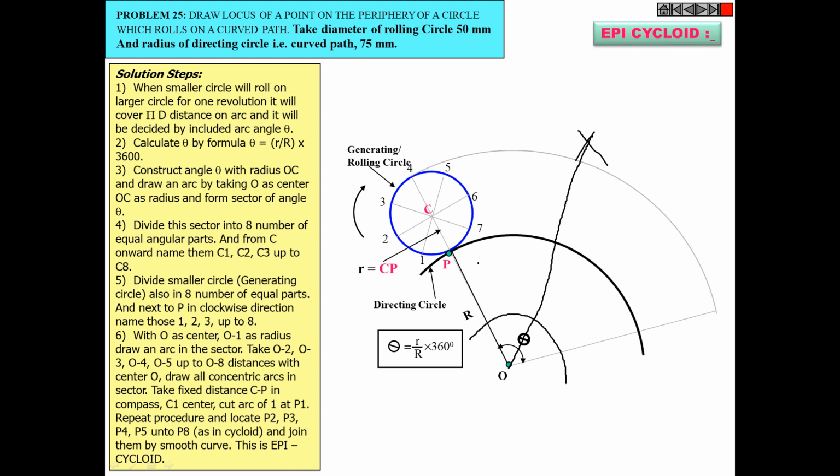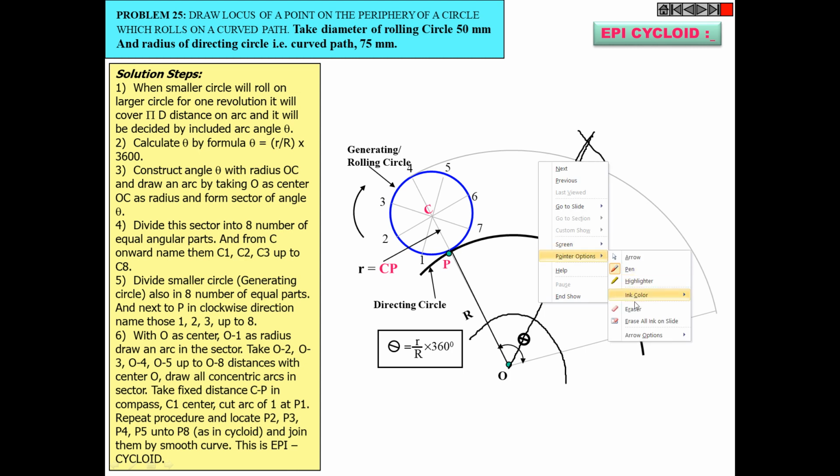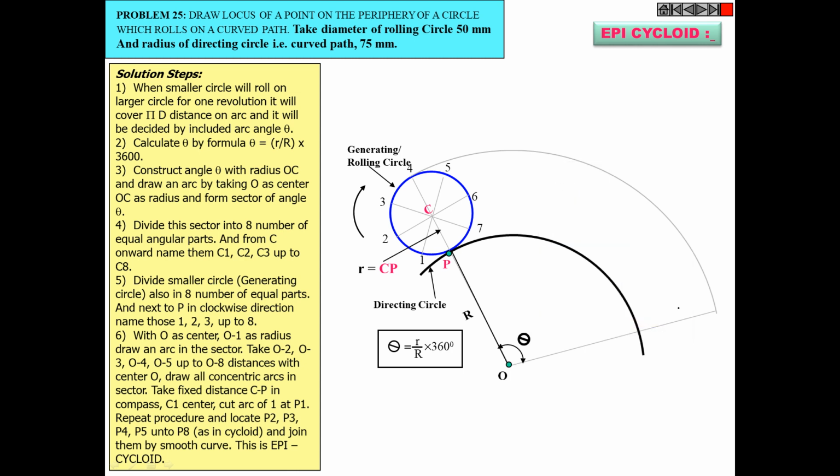Sir, please show again. Okay. This is my complete sector theta. I will take my compass with the length more than half the length, and cut an arc on this sector theta. This is that arc. Now place one leg of your compass at this point, cut an arc. Place the second leg at this point, cut an arc. Now join this point with the center point O of the sector. Now you can see that you have divided your sector into two halves. Yes or no?